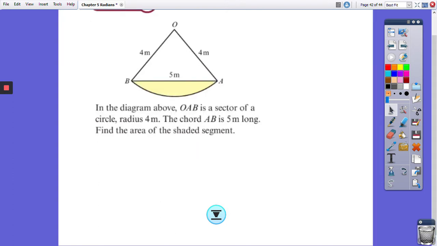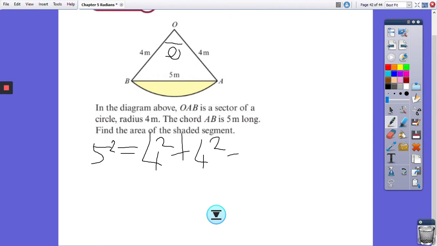So let's get on. First of all, we need to work out the angle at the centre. So if we call that angle there theta, oh my gosh, that's a terrible theta. It's me trying to do a small theta to fit the diagram. Much better. Okay, so we know our cosine rule, so we are going to say that it's the length opposite the angle, so we're going to do 5 squared is 4 squared plus 4 squared minus 2